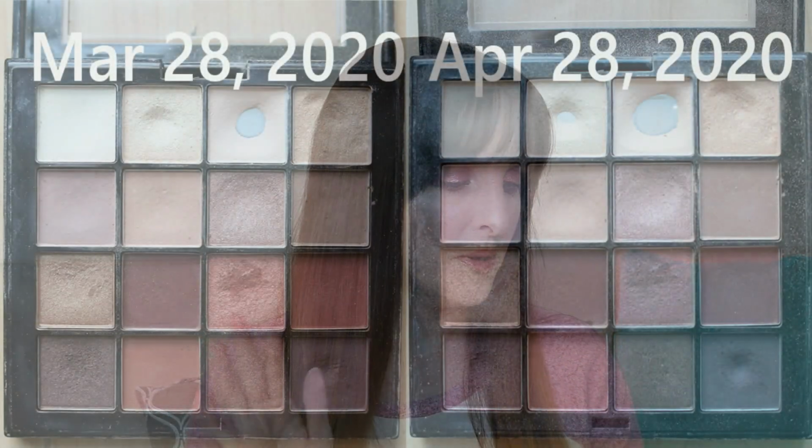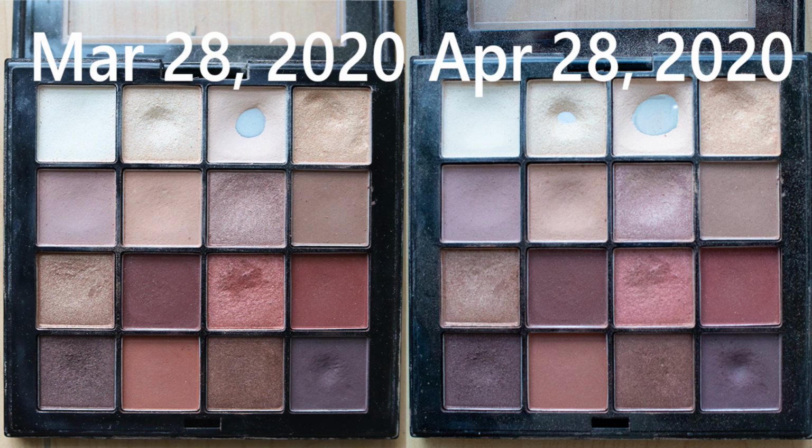Like I said, I use this most days almost as like a foundation starter palette before I go in with any other palette usually. So I'll put the close-up of the actual pan so you can see, but it's getting bigger by the day. I'm not sure, it's gonna be a race to see who's gonna be the next pan. It's gonna be one of these three or this one. My bet is on this one right here,